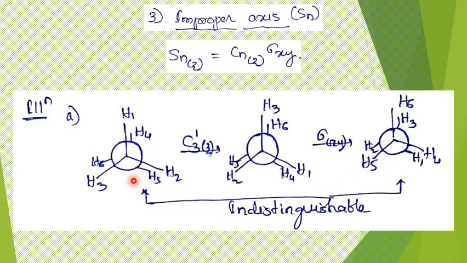Now even if you compare, these two orientations are also indistinguishable, or identical, orientation 3 and orientation 1. So in this case, this is also a separate symmetry operation. It can be called a rotoreflection, rotation followed by reflection. So whenever a molecule is rotated by some angle, and then we take reflection in the perpendicular plane, if that results in an identical orientation, then we say that we have this improper axis of symmetry, or Sn.